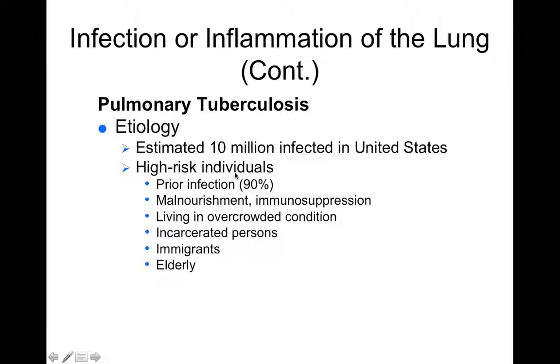Now, some high-risk individuals will be people who've had prior infection, right? If they're immunocompromised, if they're malnourished or immunosuppressed in some way. Living in overcrowded conditions can put you at risk for TB. Incarcerated persons, again, because it's overcrowded places. If you're from a different country, and elderly, they're all at risk for tuberculosis. In fact, there's parts of the world, you guys, where there's triply resistant tuberculosis now, tuberculosis strains that are resistant to all three major classes of antibiotics we can use to fight that